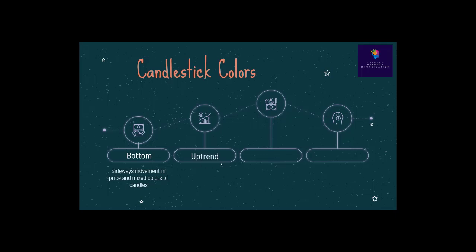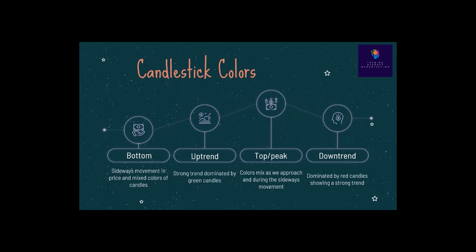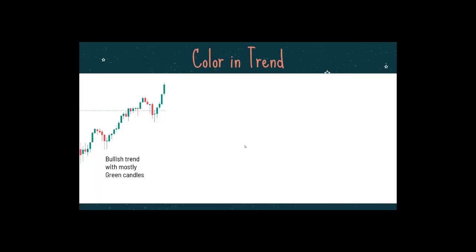But when we go into a nice uptrend, what you should see is a domination of green candles, more green candles than you see of red. When you start seeing the candles become mixed again, that's where we're nearing a peak in price. So we are starting to lose our bullish dominance and seeing that red coming back in. And then, of course, if the red becomes very dominant, we're probably moving downwards in a downtrend and seeing lots of red candles. Now, it's not always perfect like this, but for the most part,